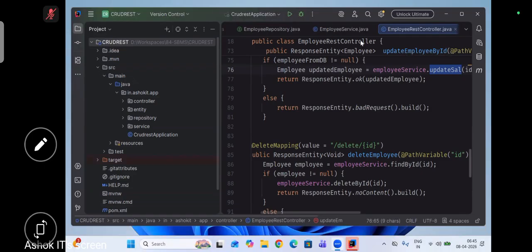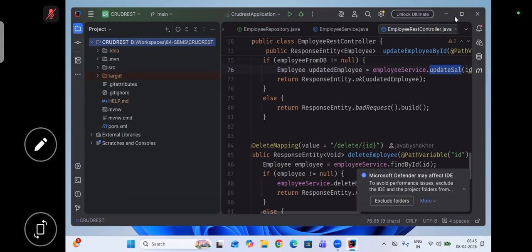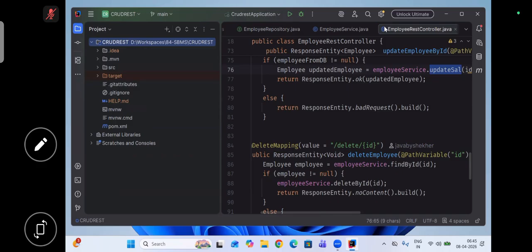So this is what actually we have discussed in the last. So this is the example to perform the CRUD operations using REST API. So from here we need to continue today. Let's continue our discussion. Here in the last session,